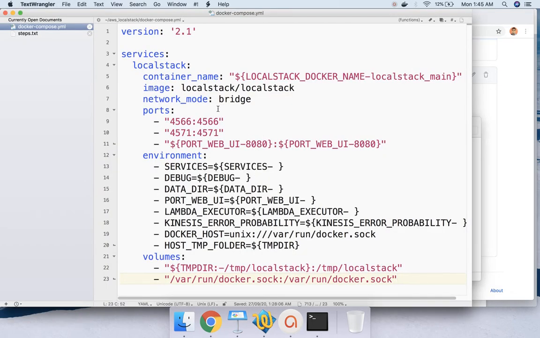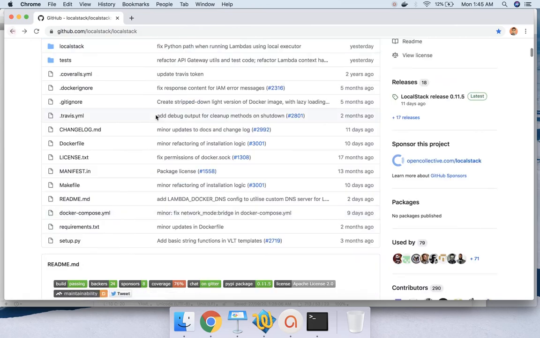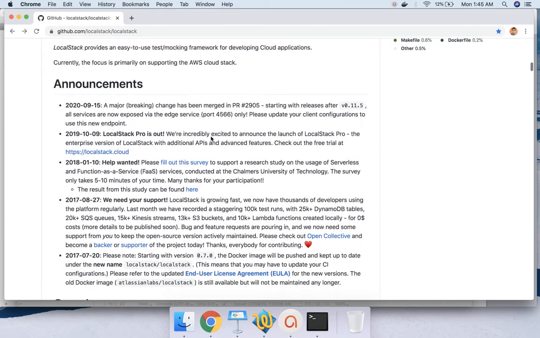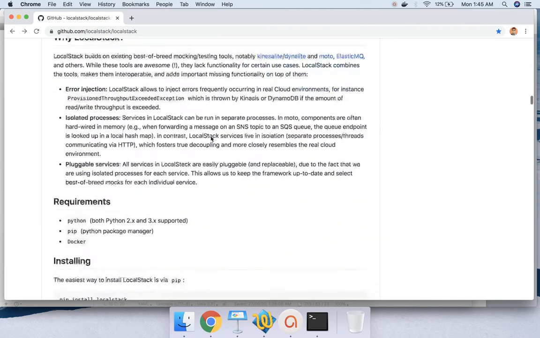So this is what you get, and these are some of the configurations. If you want to customize it later on you can; I'm just leaving it as it is. And remember that in the new version of LocalStack, all the services are running on port 4566, though it has some backward compatibility as well, where the different services were running on different ports. You can see it already in the documentation, where they have mentioned it.